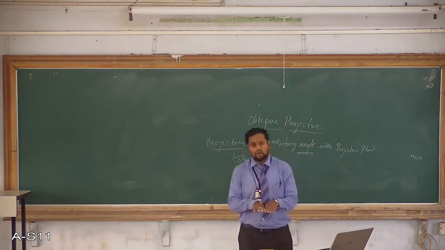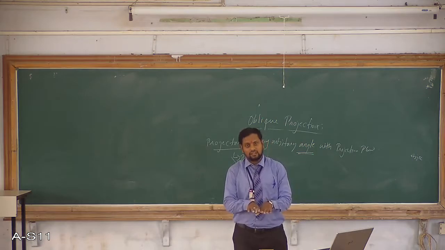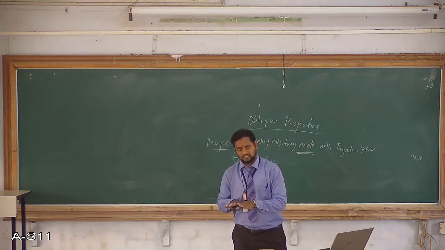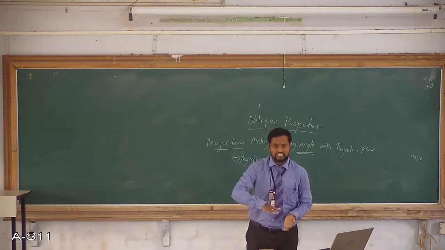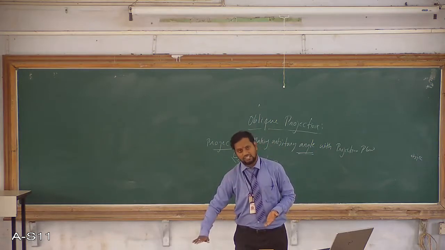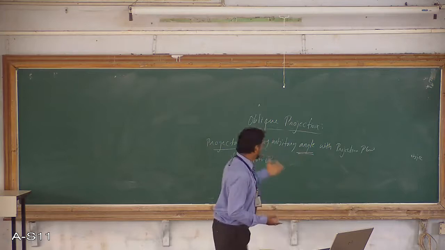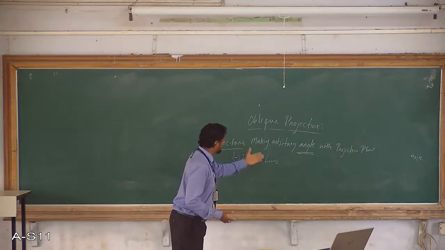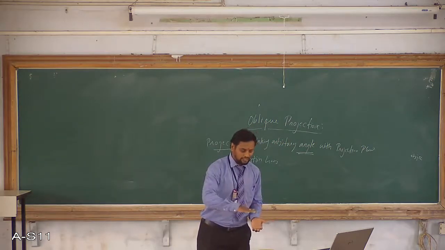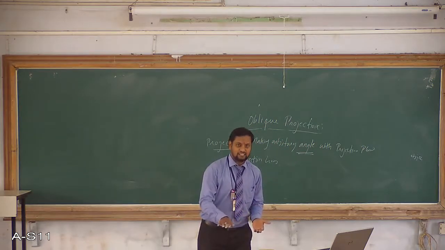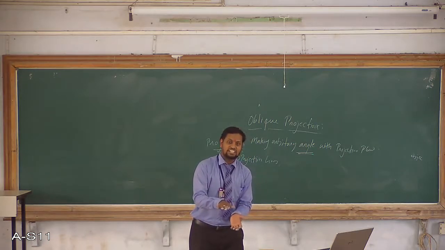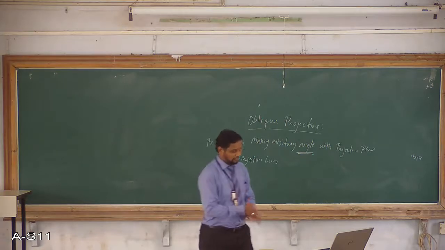So I keep on having a movement in the change of angle of the projection lines. Understood? Initially it was 90 degrees, I take 75, I take 50, I take 35 and so on. So this is what it says: the projectors make an arbitrary angle with the projection plane. So the projection plane keeps on changing its angle. Exactly, not the projection plane, the projection lines are changing their angle. Okay.